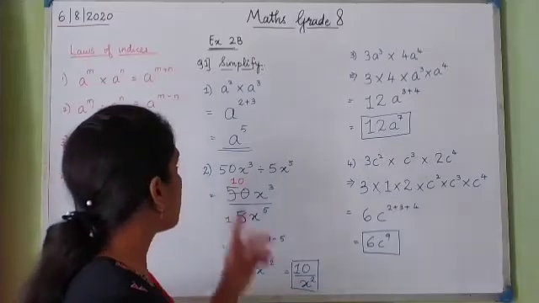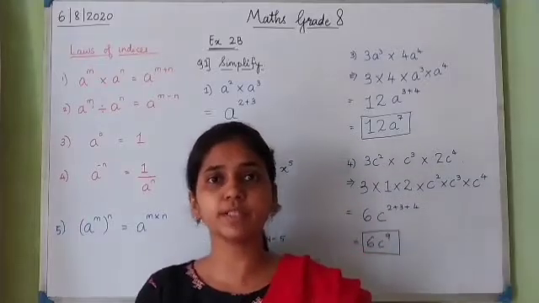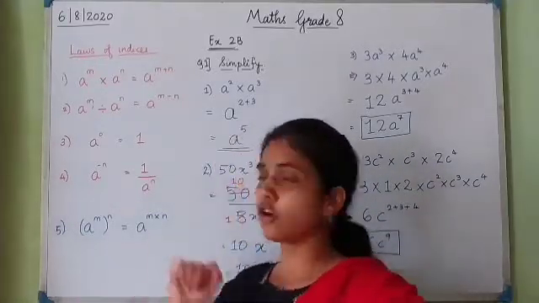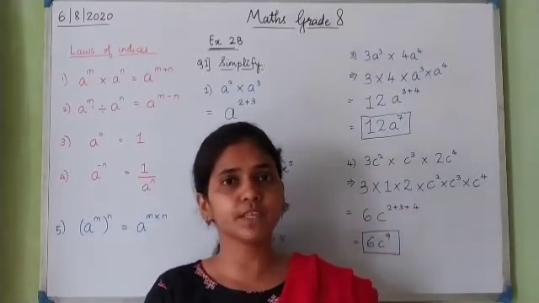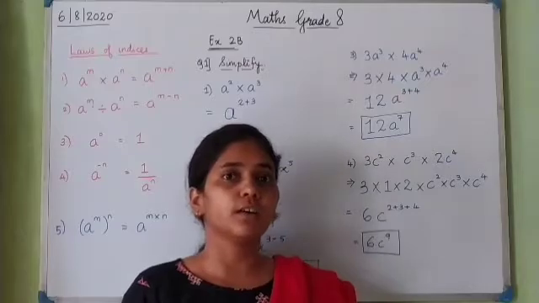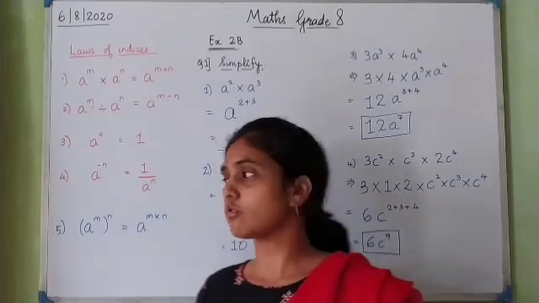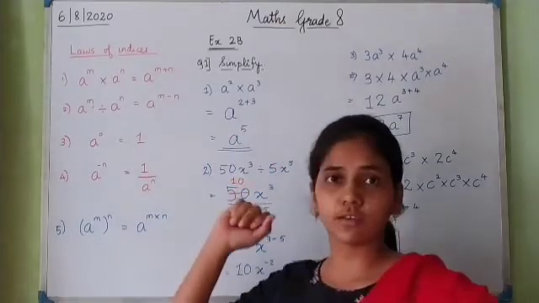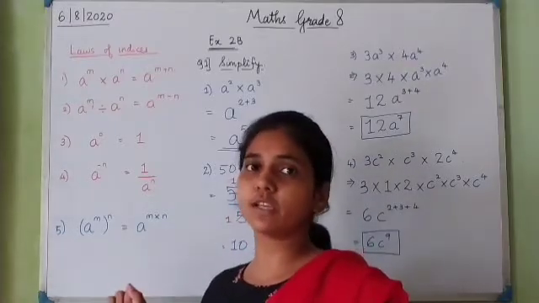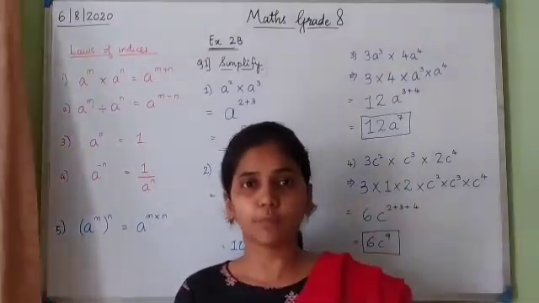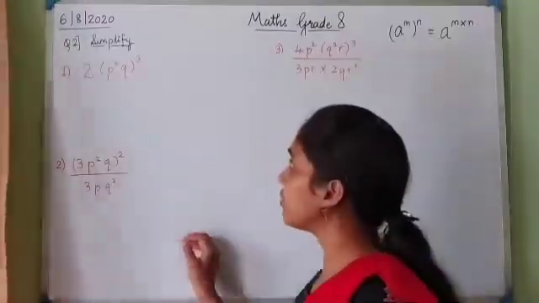So this was the first question, which was to simplify the given examples, and we had to use the laws of indices. This was easy, but the next sums which we are going to do will be a bit difficult. One or more operations will be there in only one sum. So we will see how to solve question number 2. It is simplification only. We have to simplify the sums which are given to us, but with many operations. So let's go to question number 2. The second question now.